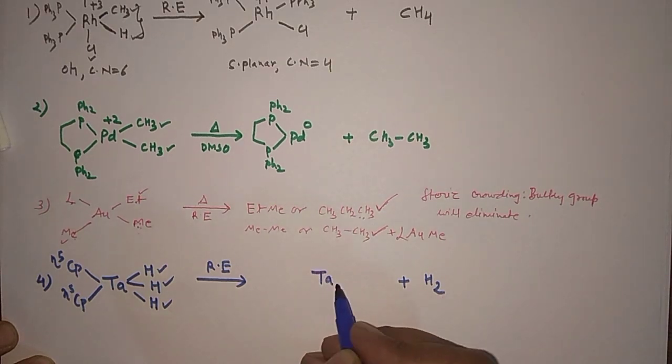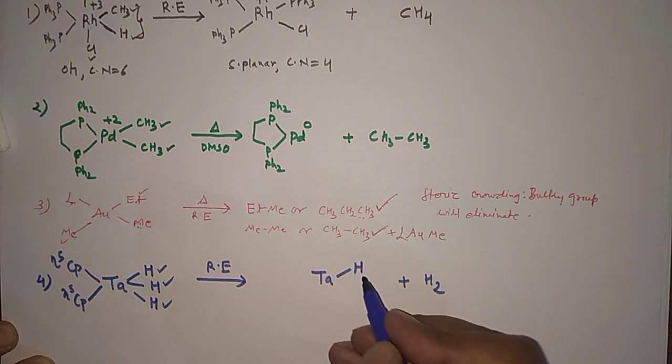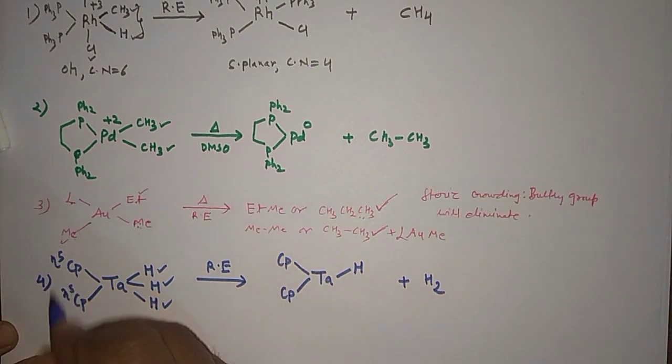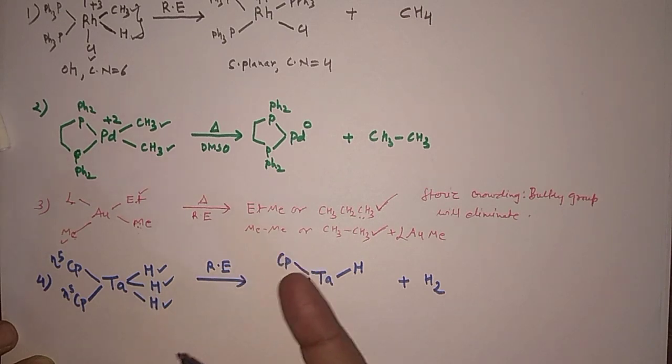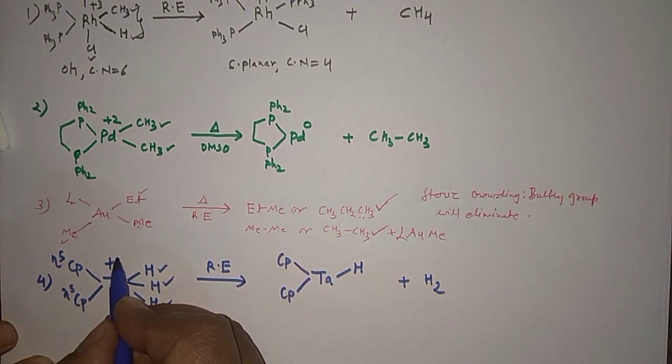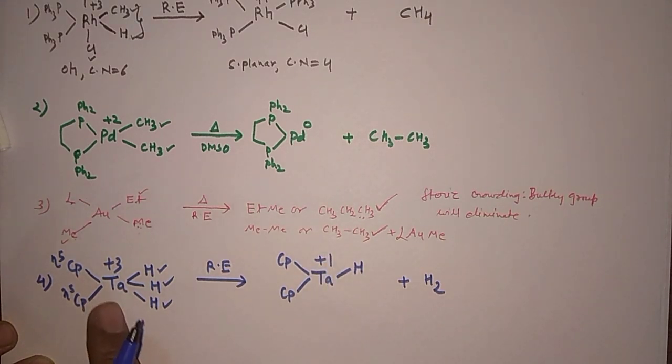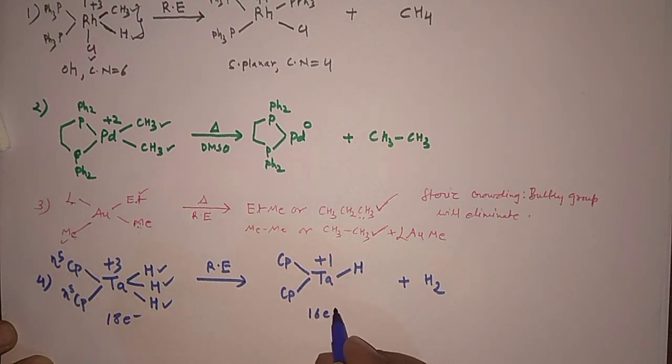And then you are having the tantalum, and this tantalum will have the hydrogen here. And then you have next the cyclopentadienyl anion with eta 5. That means hapticity is 5. 1, 2, 3 hydrogen, you know, it donates only one electron pair, so it will have the +3 oxidation state. Here it will have the +1 oxidation state. So decrease in coordination number by 2 units, decrease in the oxidation state by 2 units, and it's an 18 electron system. Then it would be a 16 electron system. You can count the electrons by your own actually. So I'm telling you, it is an 18 electron system, then it is a 16 electron system.